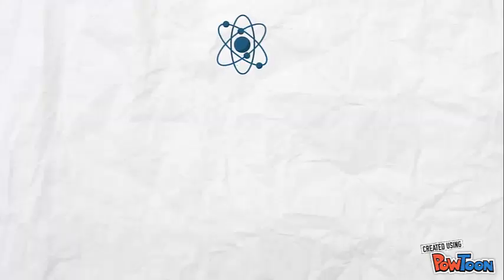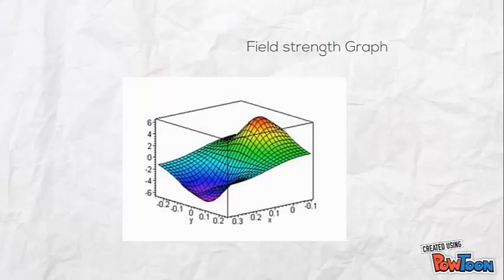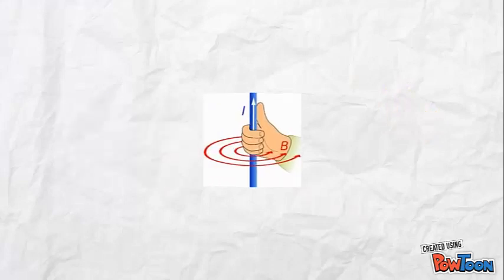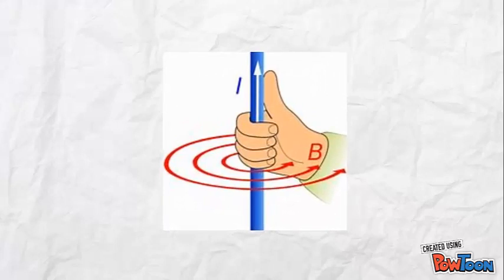As the current flows, it produces two fields, the electric and magnetic fields. The electric field is easy to visualize. It just looks like a hill. This indicates that the strength of the field is weaker the further you go from the wire. The magnetic field is similar, but the direction is determined by the right-hand rule. If you visualize that the current is going up, the magnetic field is spiraling around the wire in a counterclockwise